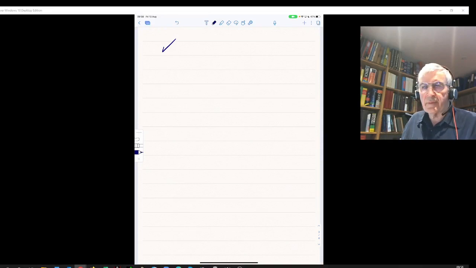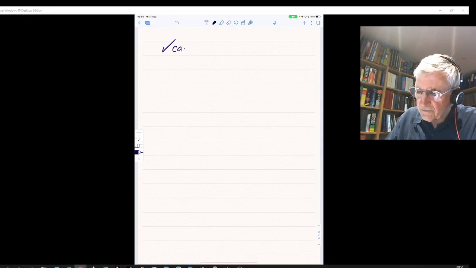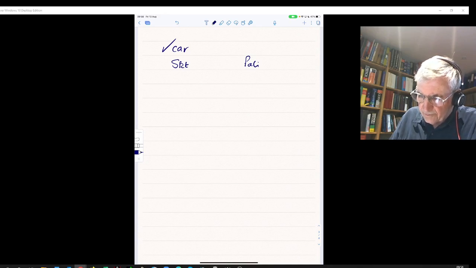That's the MacDonald bit and my comparative table. So from the root char, I'm going to put the Sanskrit down this side and the Pali down this side. So from the root char, exactly the same in Sanskrit and Pali, the nominative,